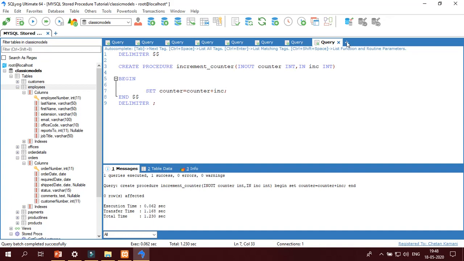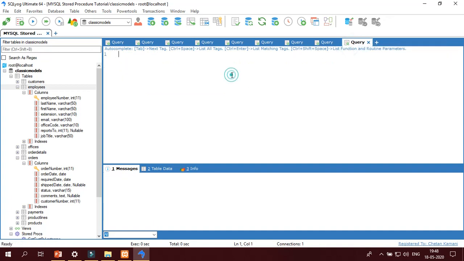Now I'm going to call it. Before the call, I want to specify two variables. Set @count equal to 0, set @increment equal to 1.